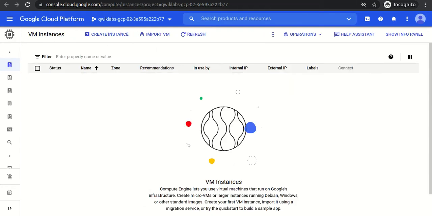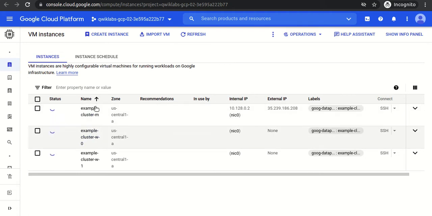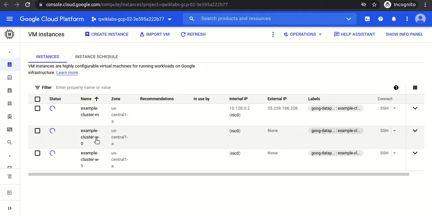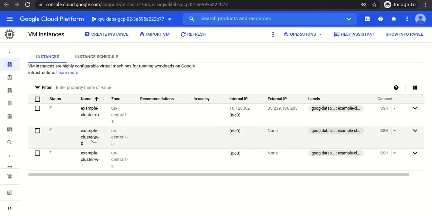If I go to the VM instances and refresh my screen, you could see automatically at the back end the VMs start spinning up. So one is example-cluster-m, example-cluster-w-0, example-cluster-w-1. So basically this is the master and the two workers. So the concept of one master and two worker nodes is part of the default cluster.